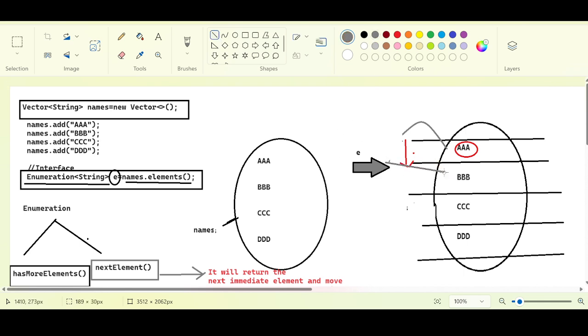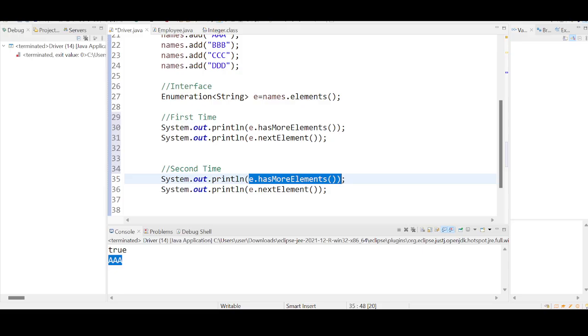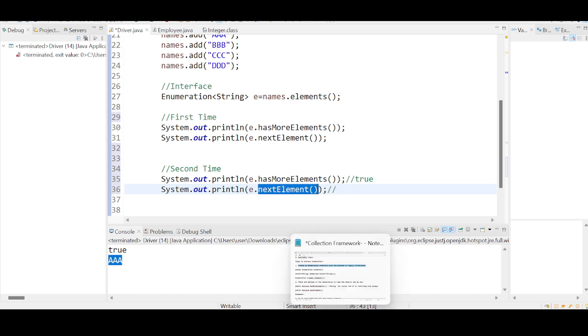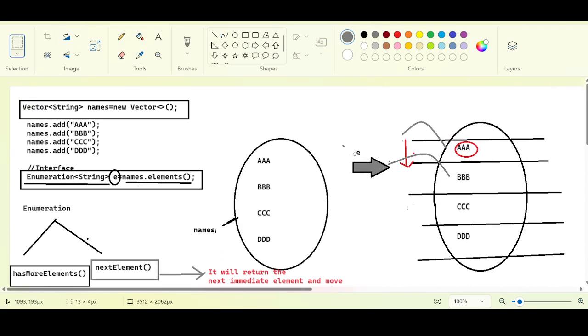inside this particular thing. It will say true because it has identified B, right? So it is going to return true. And so again you are calling next element method. The duty of next element method is going to do what? It is going to do 2 things. What is the first thing? The cursor will be moved from this location to the next location